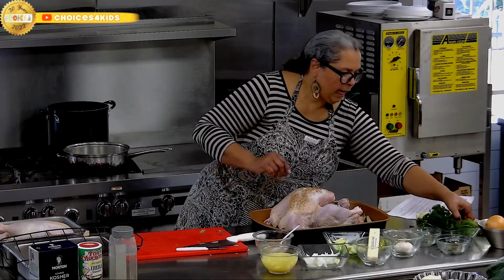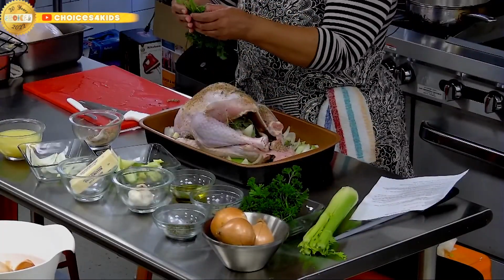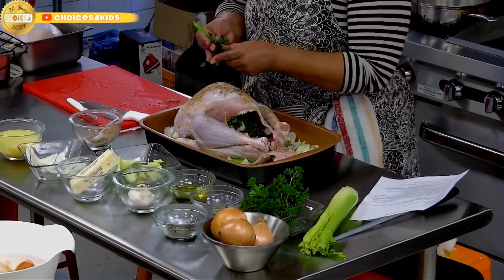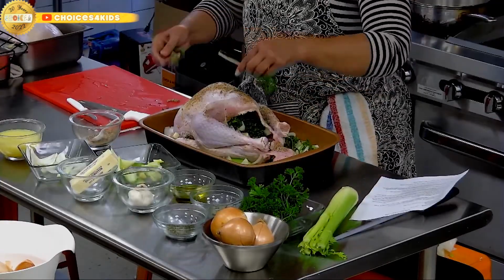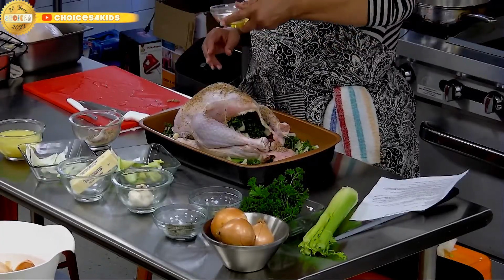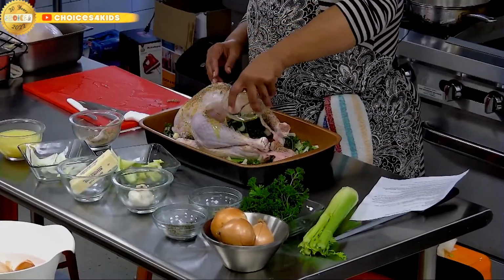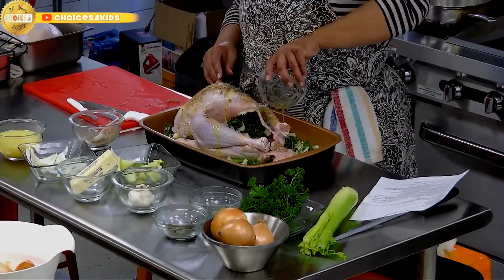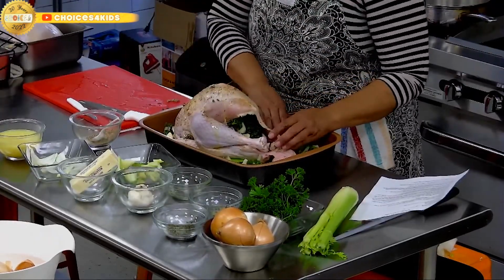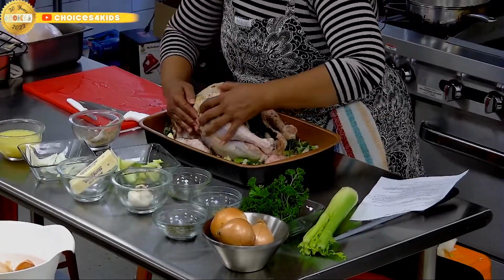I take half of my bunch of parsley, and then to that I will take half, shove that in the bird as well so that it can be blended, and then I will scatter this around the edges of the pan. I'm going to take my 2 tablespoons of olive oil and drizzle on the outside of the bird. I'm going to take my hands and rub and massage everything so that everything is well coated